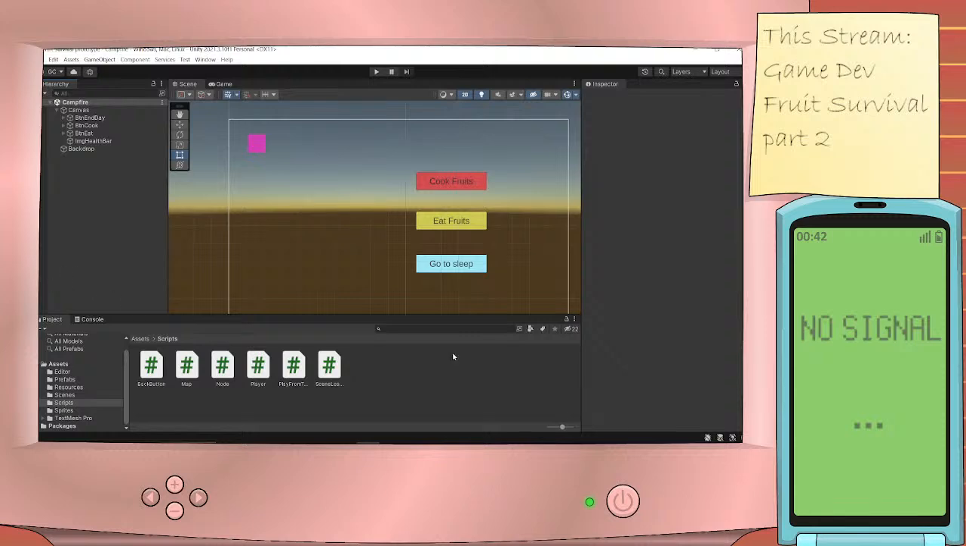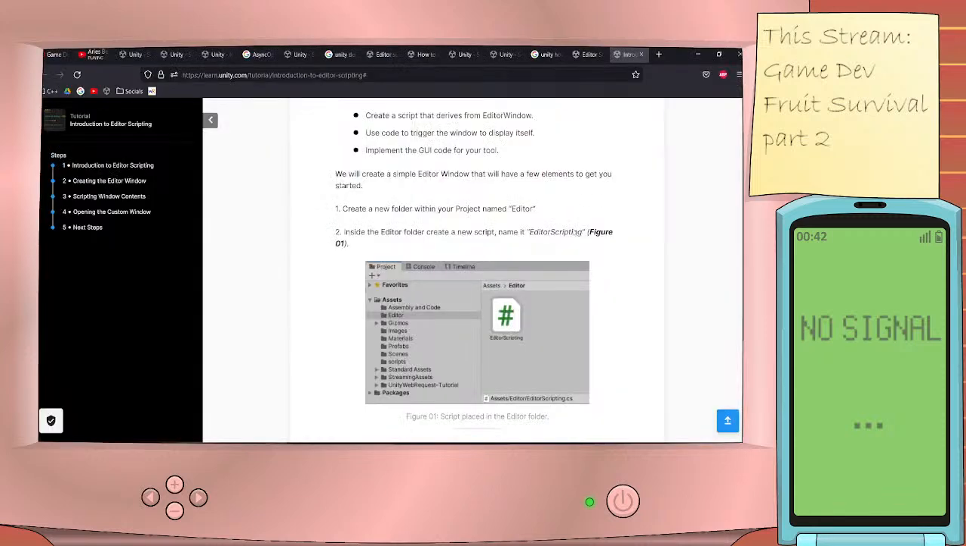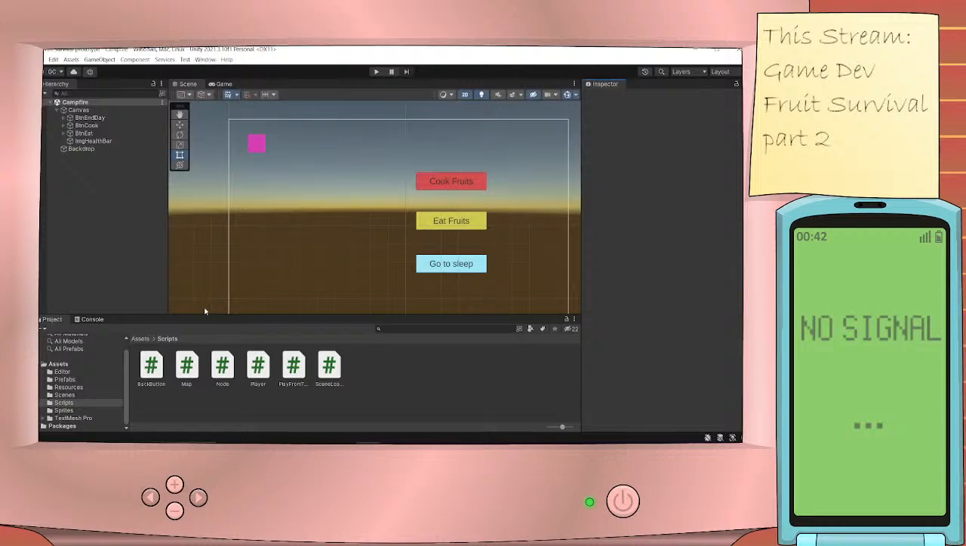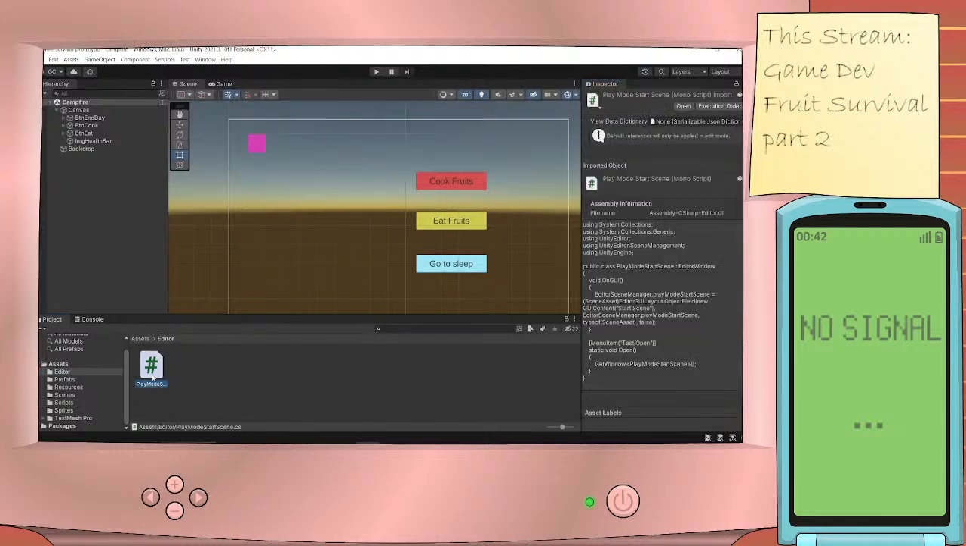Okay. So I don't see what's different now, but hey. Create a new folder named editor. I did. There's a folder named editor now. Inside the editor folder, create a new script. Name it editor scripting, figure 01. So it's not called editor scripting actually, but